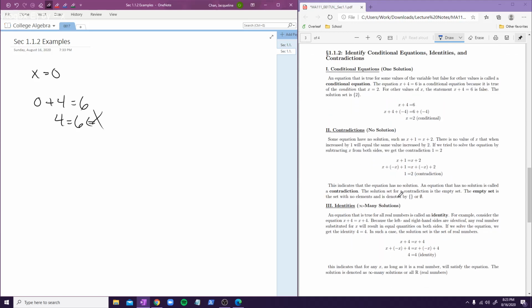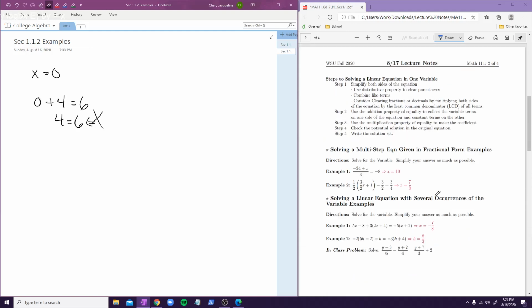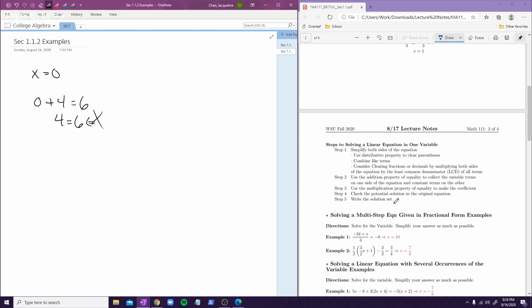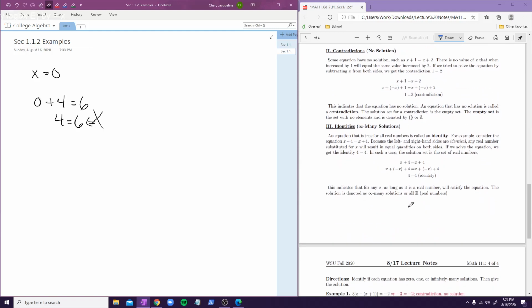Contradiction means there's absolutely no solution. Some equations will have no solutions, such as x plus 1 is equal to x plus 2. There's no value of x that when you increase it by 1, will equal the same value increased by 2. When you usually solve an equation, remember from step 3, we want to use the addition property to collect all the variable terms and all the constant terms to one side. If we didn't know that x plus 1 is equal to x plus 2 was a contradiction,